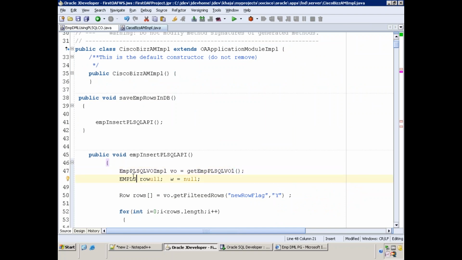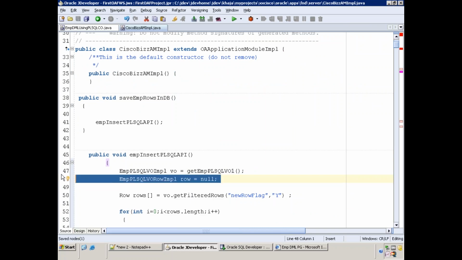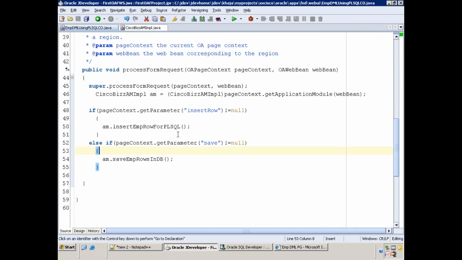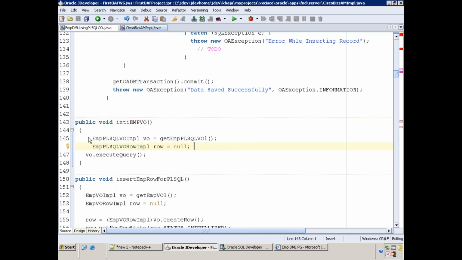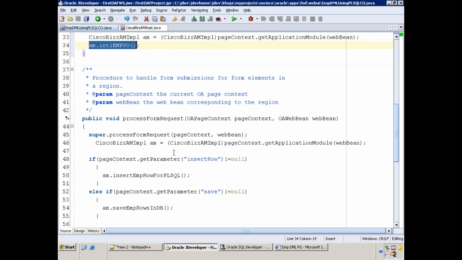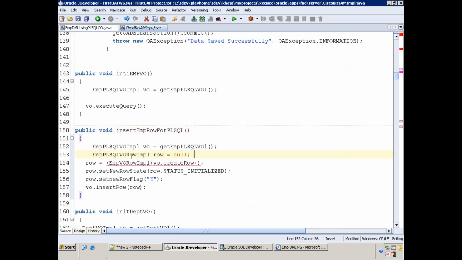Here also emp PL SQL. Right. And here also.